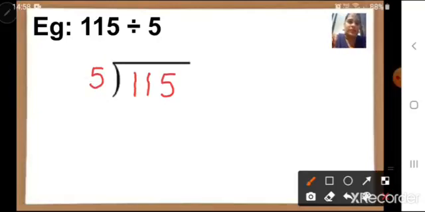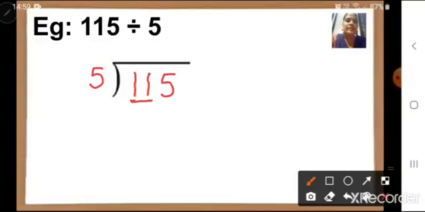Now let us divide. Children, see, for dividing, first we have to see the first number here, number 1. We have to compare. Now number 1 is less than number 5, correct? In this case, we have to take two numbers together. The next number also we have to consider. Now together it will become 11. So we have to check in 5's table whether 11 will go or not. If it doesn't go, then we have to find a nearby number, correct?